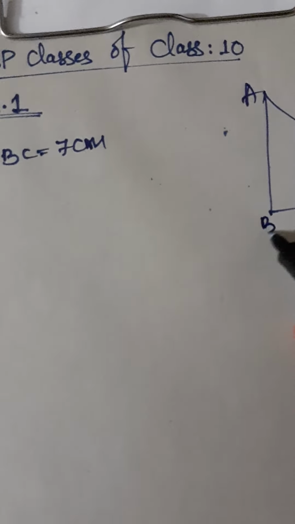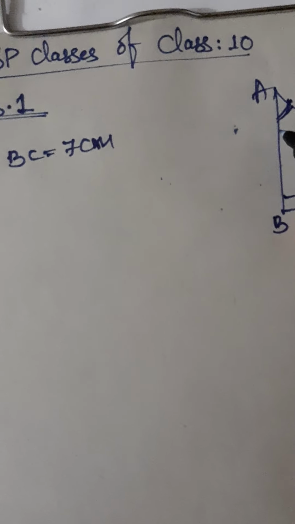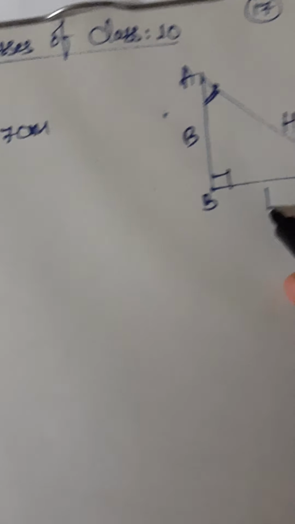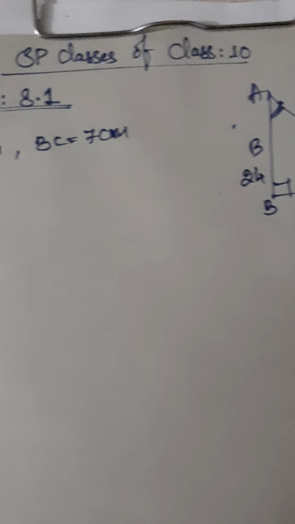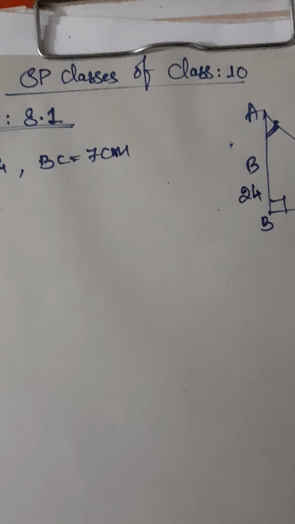In this, take A, B, C. So this is 90 degrees as usual, and angle A they are asking. So obviously this will be the base part, this is the hypotenuse, and here is our perpendicular. Here they have given AB is equal to 24, this base they have given as 24, and BC is equal to 7. They didn't give this hypotenuse.